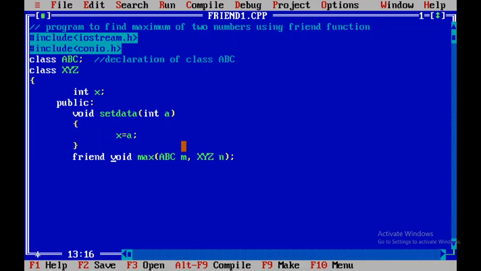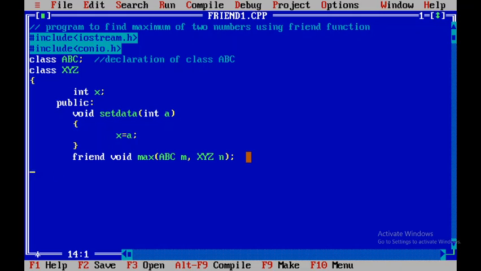As here we are using an object of class ABC, the declaration of ABC is compulsory. Before the definition of class ABC we are using its object. That's why this declaration of class ABC is compulsory, otherwise at compilation time it will generate an error.